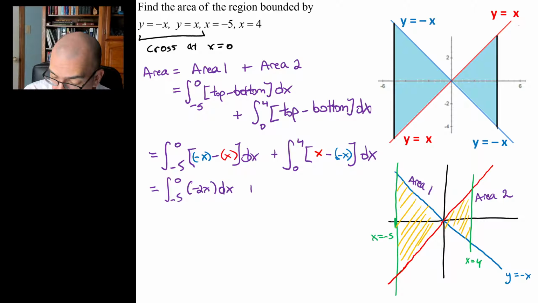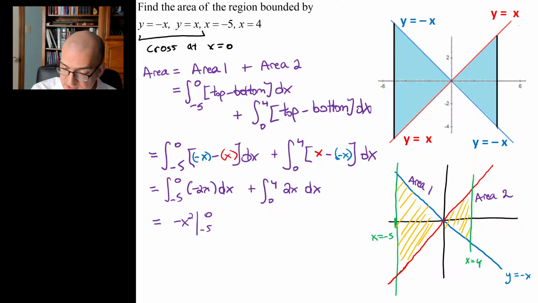And for the second region, integral from 0 to 4 of positive 2x. First region, antiderivative of negative 2x is negative x squared, evaluated from negative 5 to 0. In the second region, we have positive x squared, evaluated from 0 to 4, and then we can evaluate each. So negative 0 squared